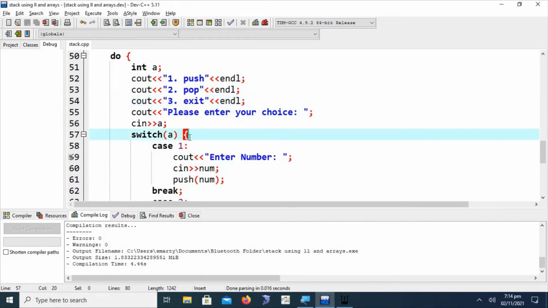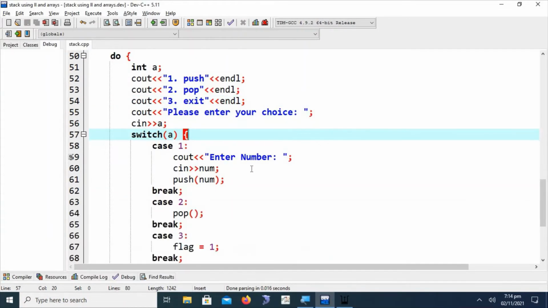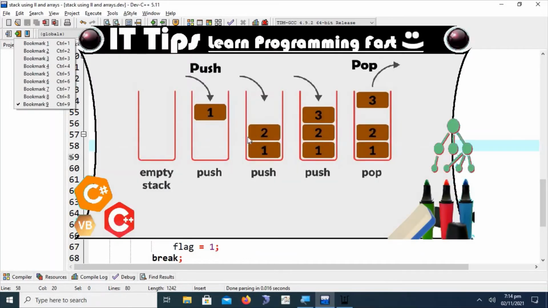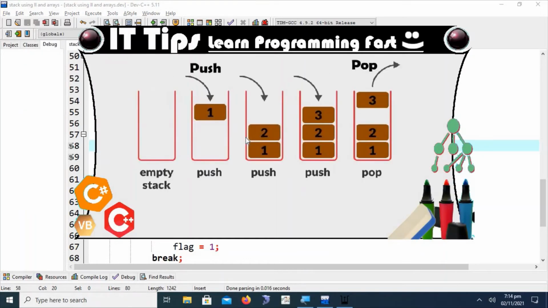This was the stack implementation with the help of an array. We have to notice it again, we have to study it again, that the stack is initially in an empty state.